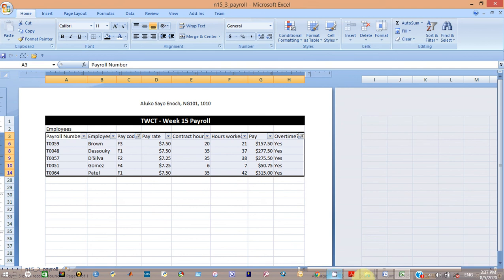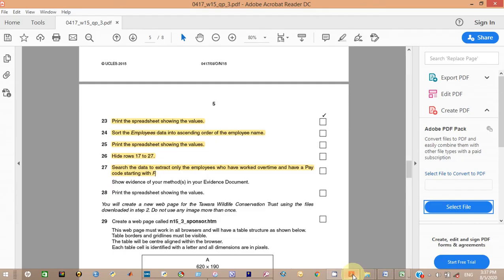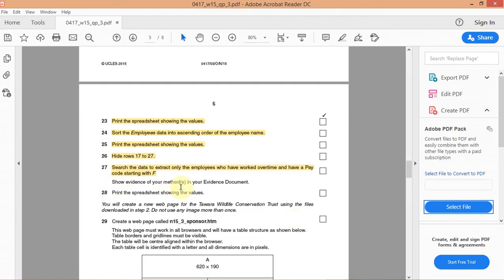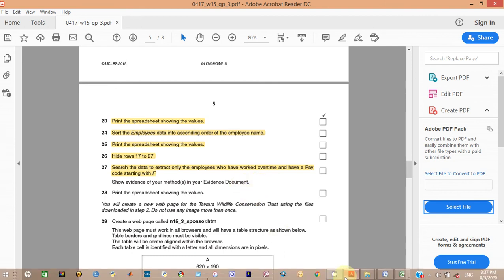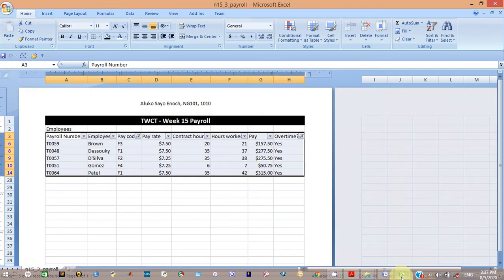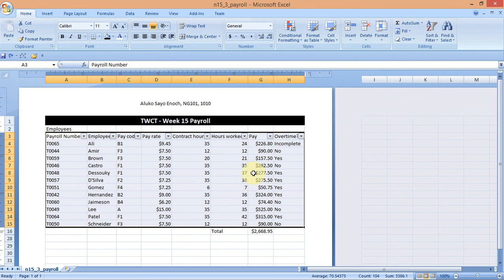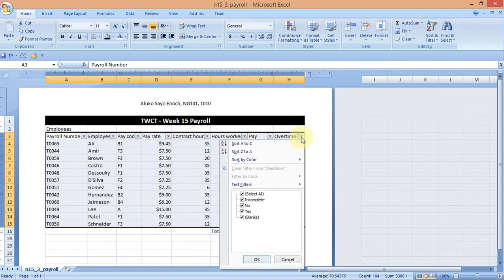Let me go back to the question and see. Show evidence of your method in your evidence document, guys. So I have to repeat that in order to show the evidence. Okay, let me just go back and do that. So to do that, let me just Control Z everything and go back. So this is the original data. So I start with the overtime. So here, text filter equals